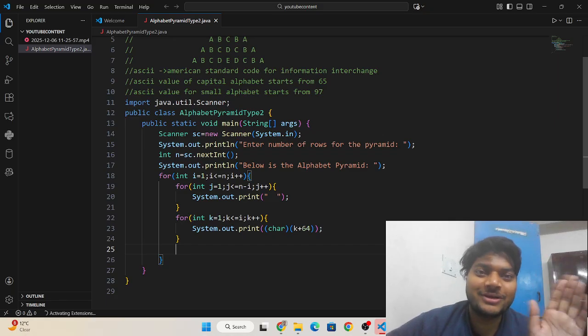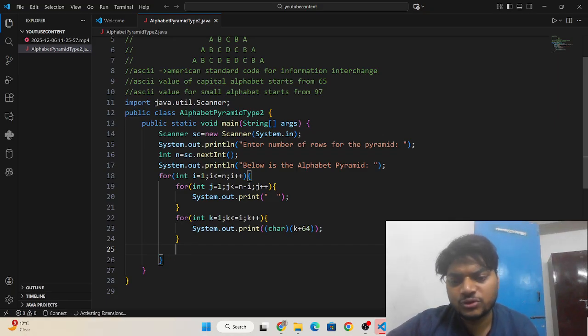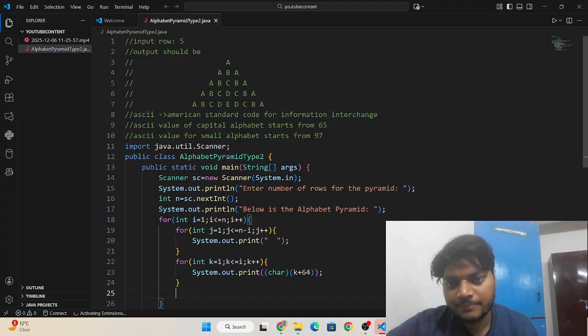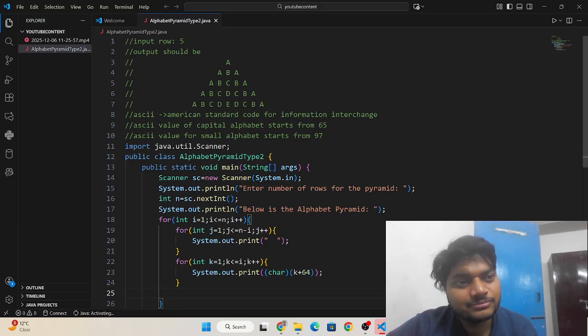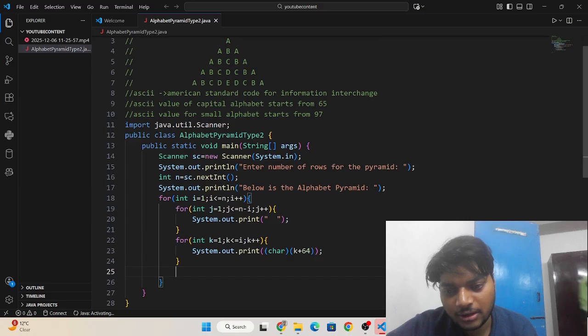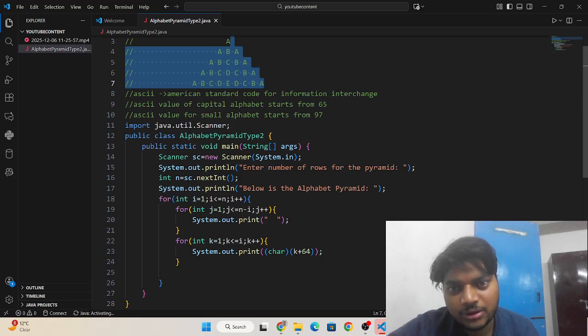Hello guys, welcome back. Okay, so now I have already written the logic for printing rows, printing spaces, and printing the left part of this pyramid from mid to left. Now I'm going to write the right part of the pyramid, from mid.